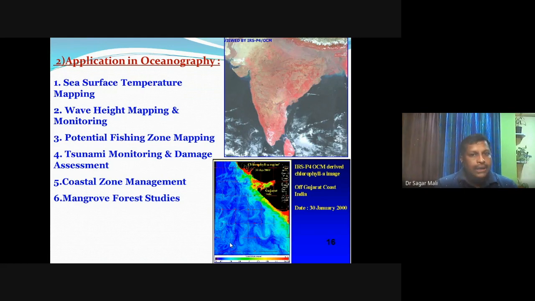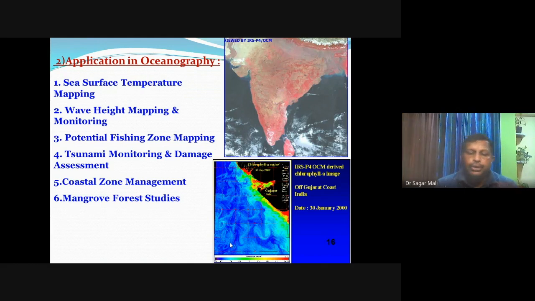Tsunami monitoring and damage assessment is another important remote sensing application in ocean research. Coastal zone management. The coastal area is a transition zone between land and water. So there is continuous encroachment by human beings, and the encroachment of human beings onto the coastal area, the coastal zone, which is always a fluctuating zone,